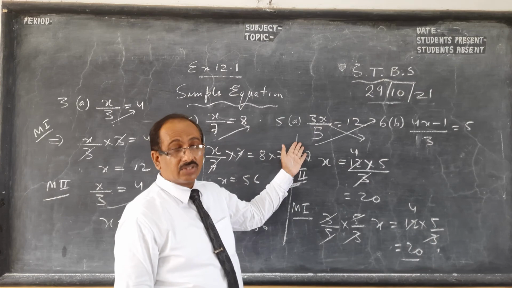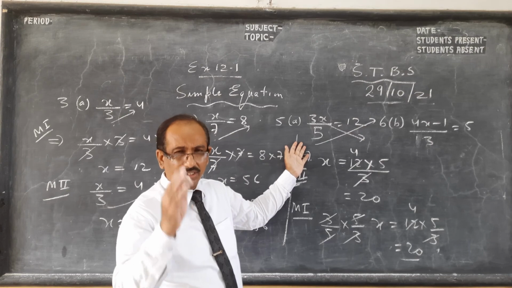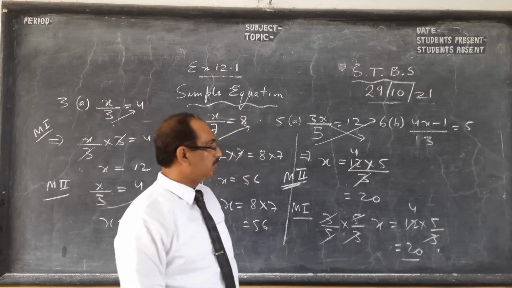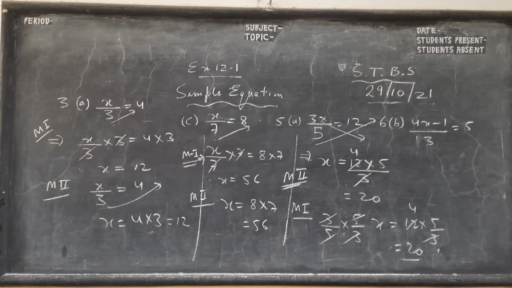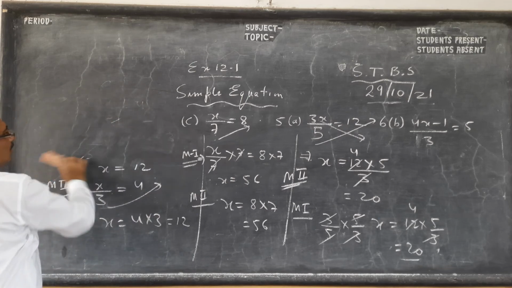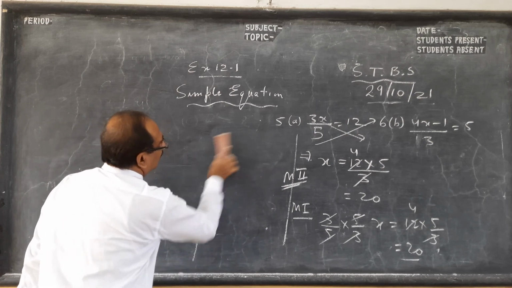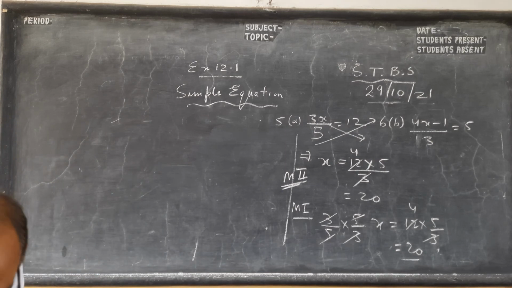So the easiest method is transposing, because in the exam generally we don't tell which method to use. So if no method is mentioned, please follow transposing. That is the easiest. 3 goes down, 5 goes up, and you cancel and do. And the last but not the least, I'll do that part over here. So kindly pause the video and copy, and then I'll do question 6b, and then I'll end this video and this class. Please do solved examples and unsolved examples, and read the concepts in the book.